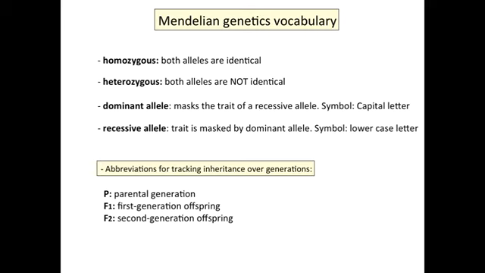We want to talk about the kinds of alleles we can have in Mendelian genetics. We can have either dominant alleles or recessive alleles. A dominant allele, of course, masks the trait of a recessive allele, often symbolized with a capital letter, but occasionally there's other notation that's used as well. A recessive allele encodes a trait that's masked by the trait encoded by the dominant allele, typically symbolized by a lowercase letter.